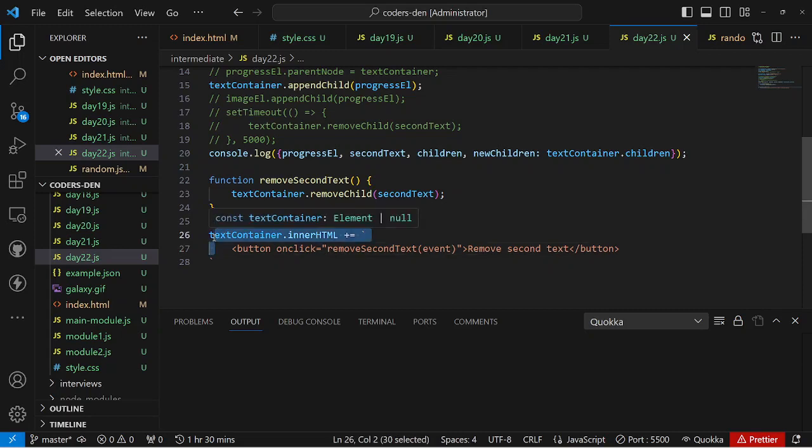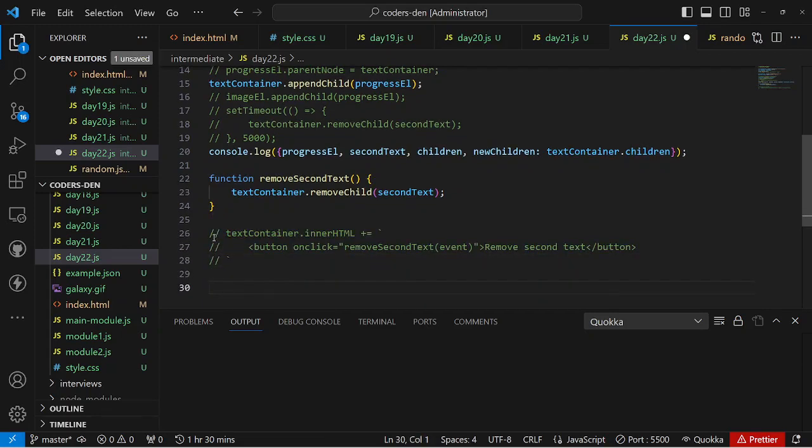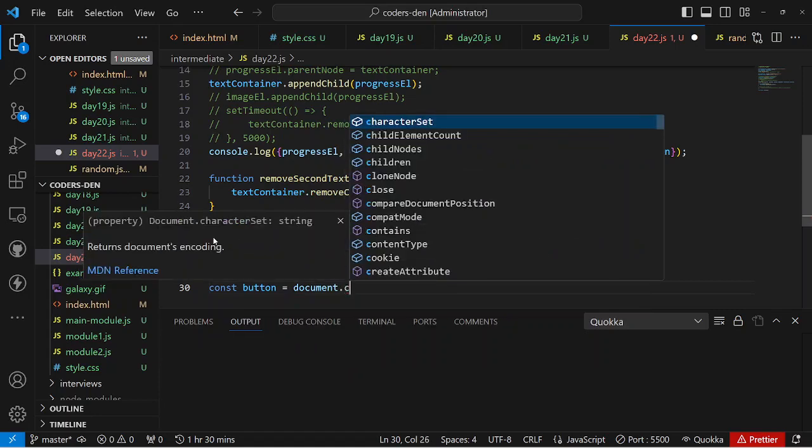Let me add button is equal to document dot create